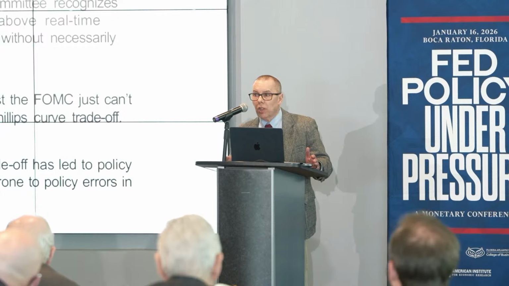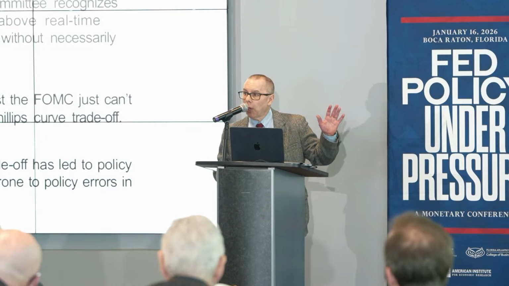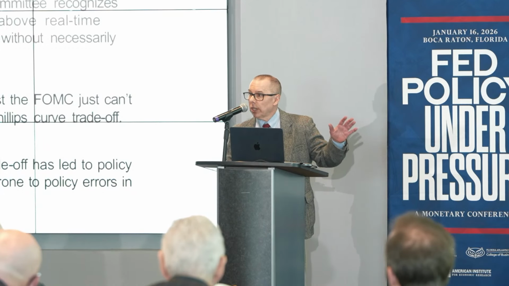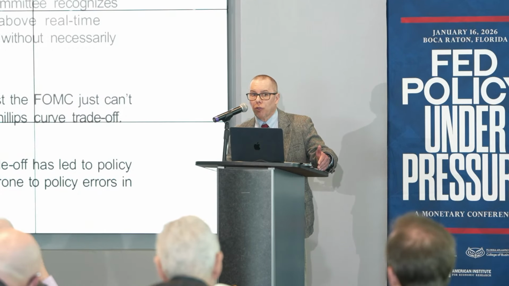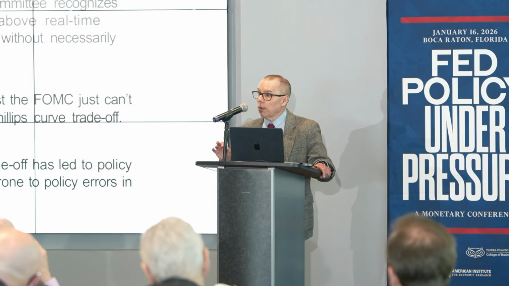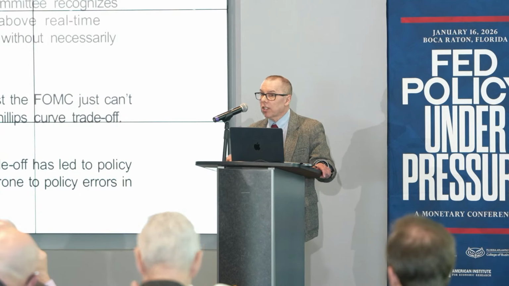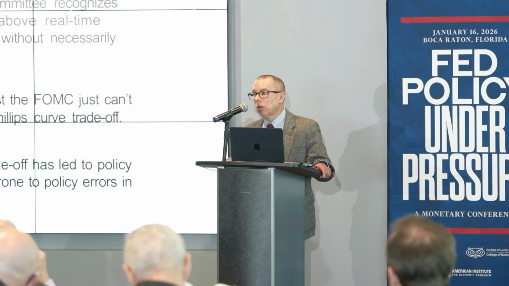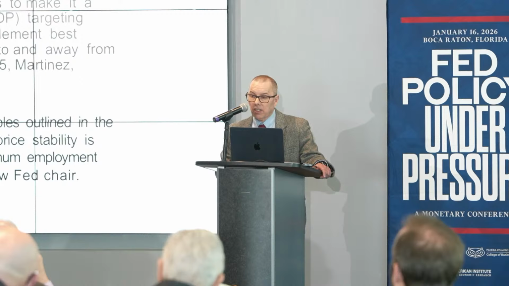And then third and finally, while the new statement does reintroduce the language about the balanced approach, it still concludes with language that strongly suggests that FOMC members just can't let go of the old-style view of the Phillips curve that Will mentioned at the beginning of his presentation, the view that sees the two sides of the dual mandate as a trade-off which can be managed via the Phillips curve by skillful fine-tuning. To be clear, this is an approach to monetary policy making that's led to serious inflationary problems in the past, in the 70s, and again post-2020. To the extent that committee members cling to the belief today, they're going to be vulnerable to similar mistakes in the future. So to conclude, what's the way out of this mess?